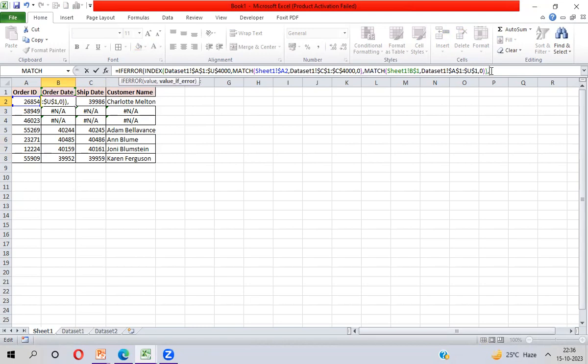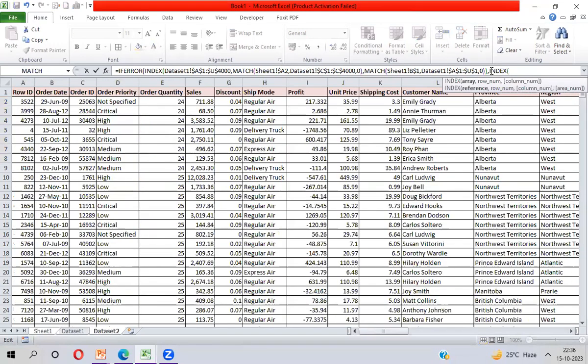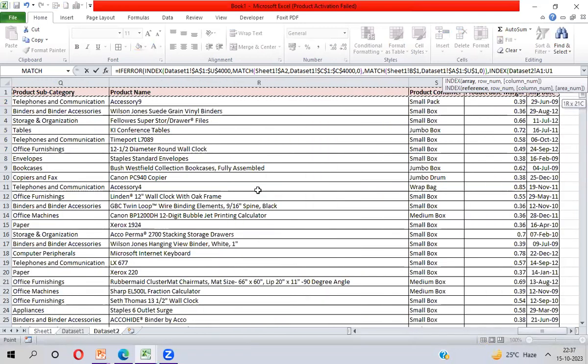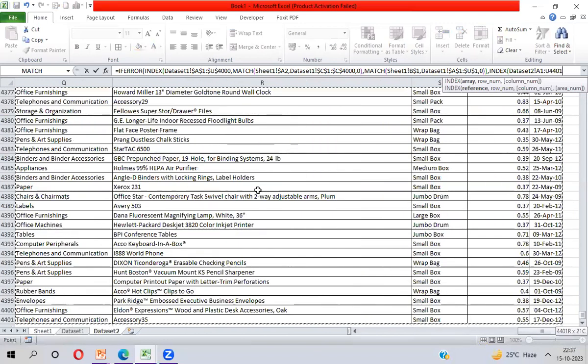IFERROR means if I'm getting any error in the complete formula, then I will check in the second data set. So here I will apply INDEX again. You have to go to data set 2 and take the complete range of the second data set. Previously, I took the reference of the first data set. Now, in this INDEX function, I'm taking the data reference from data set 2. So select the complete range, freeze it,